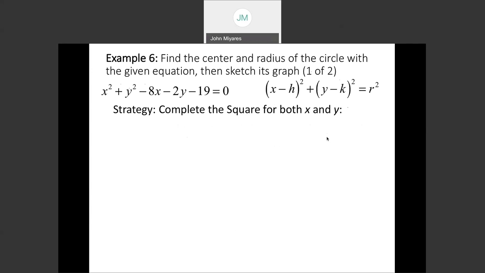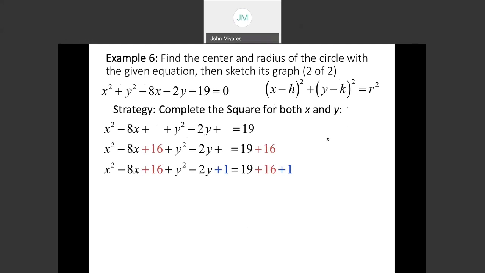So here we are. The first thing we need to do is regroup the terms to get the x's together and the y's together. And I'll move that -19 to the other side just to get it out of the way. So it looks like x squared minus 8x plus y squared minus 2y equals 19. Looking at the x terms, half of -8 is -4, and -4 squared is 16, so I'll add 16 on both sides. For the y's, half of -2 is -1, and -1 squared is 1, so I'll add 1 to